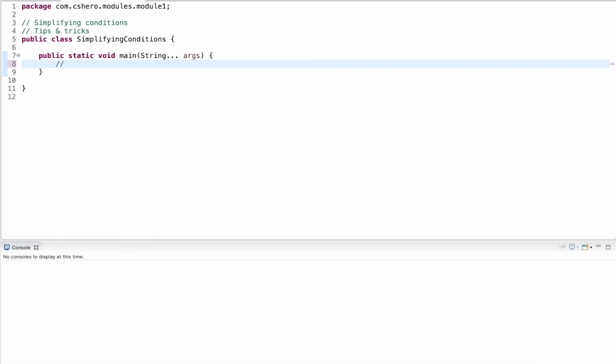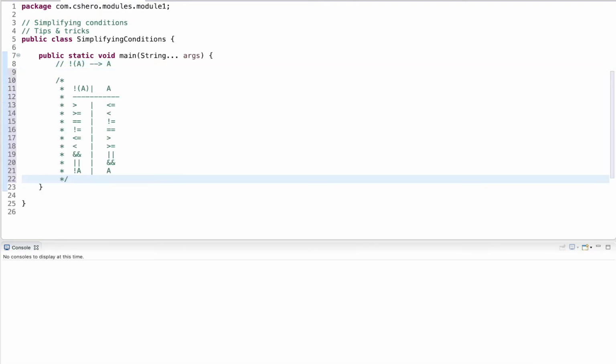Now when we have a condition with the logical not operator in front, and A is an expression that consists of comparisons or logical operators such as AND, OR, NOT, we can oftentimes simplify it by bringing the not operator inside the condition. And doing so will flip the signs of these conditions. I have a table here showing how these